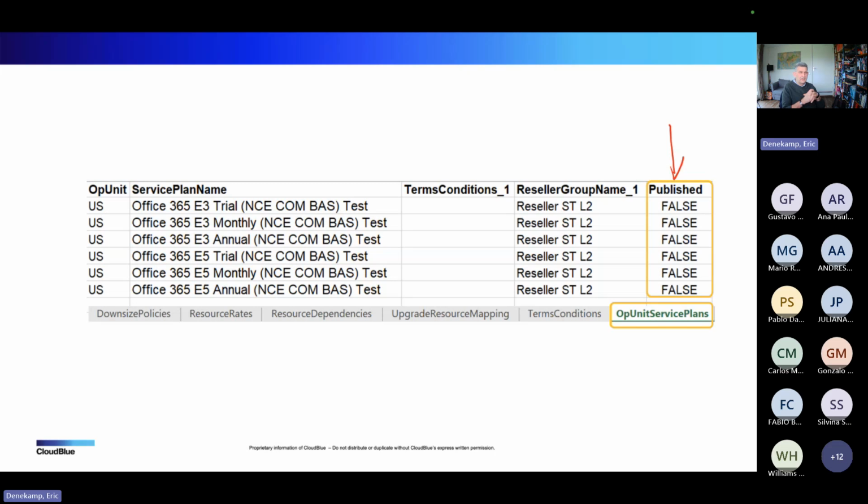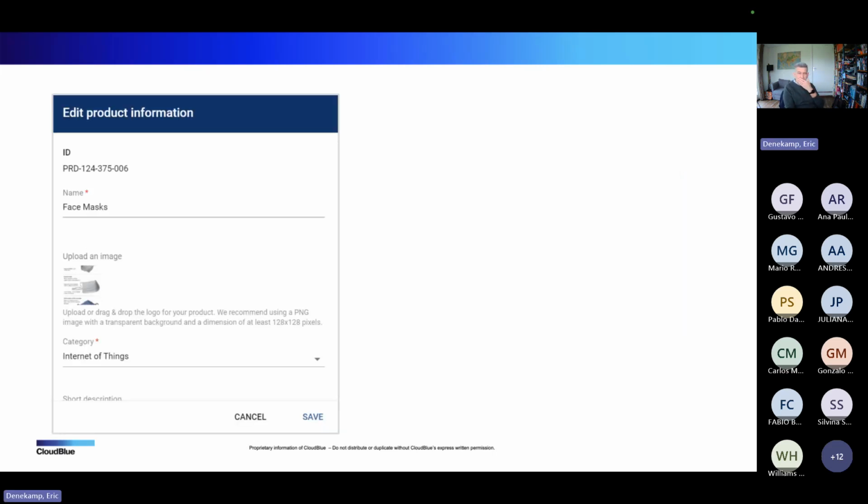Another thing that could happen is, for whatever reason, a vendor decides that he needs to change the name of an item or a product. What would normally happen? We would have all kinds of issues.